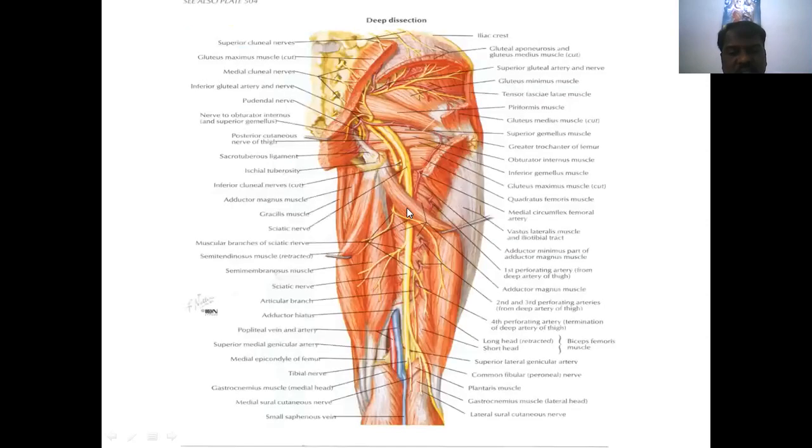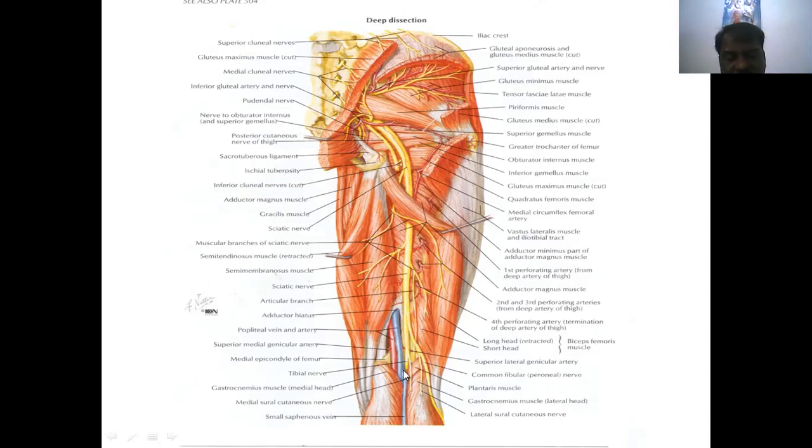See, this is the sciatic nerve. How it enters below the piriformis and crosses to this, then crosses to this. This is the biceps femoris muscle, long head. Then below it we can identify this sciatic nerve. It gives branches to supply the hamstring muscles, muscular branches. Then it enters the popliteal fossa. This continuation is there. It is divided into the common peroneal and this is the tibial nerve.